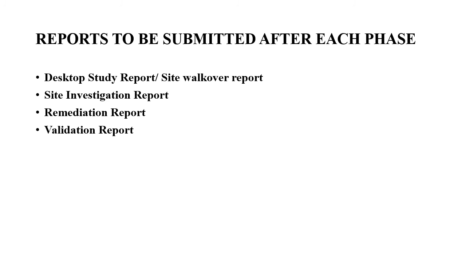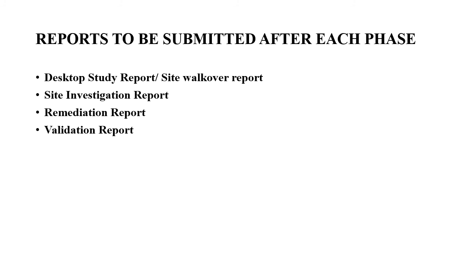Now in your site investigation report, mainly you have to present all the aims and objectives of your site investigation. In your desktop study report, you would have already reported the possible contamination, because you developed a conceptual model based on the historical data. You will report the type of contamination possibly present in the land, and its possible pathways and receptors. Based on this, in the site investigation report, you have to clearly specify the aims and objectives of the site investigation.